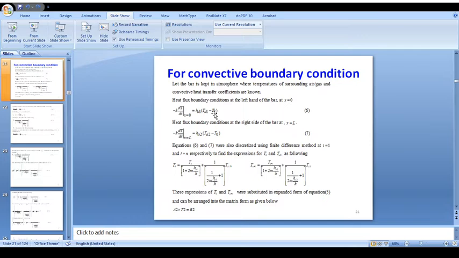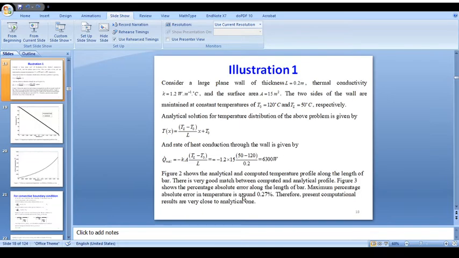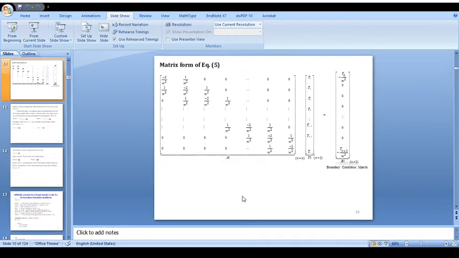So here we can balance the conductive flux at the left hand side boundary equal to the convective flux. Same thing, the conductive flux at the right hand side boundary equal to the corresponding convective flux. Now these boundaries also need to be discretized using finite difference expressions to get the expressions of T0 and Tn plus 1, and then these T0 and Tn plus 1 can be substituted back into your equation 5, which we wrote a long